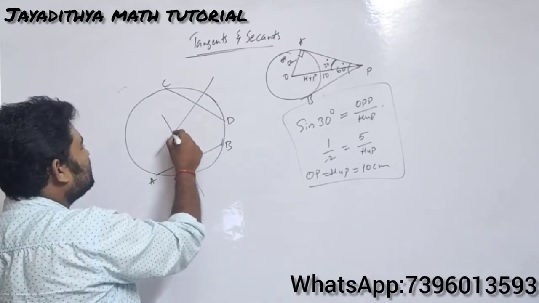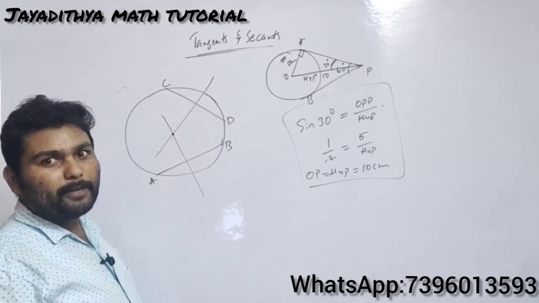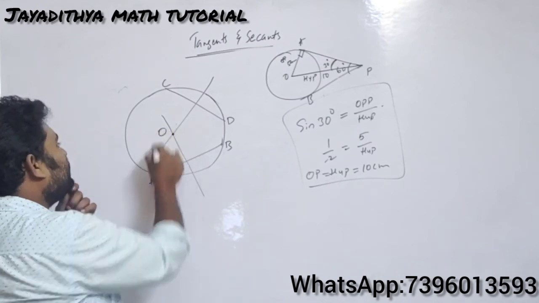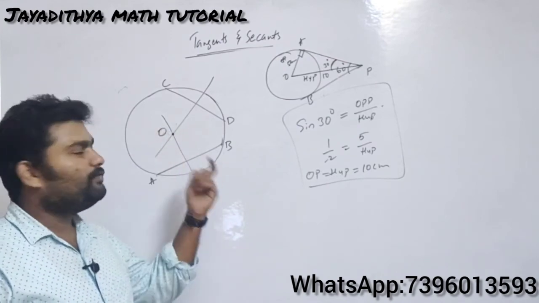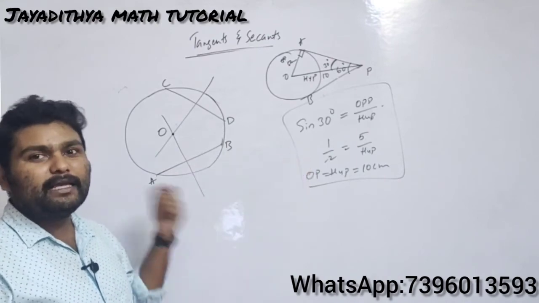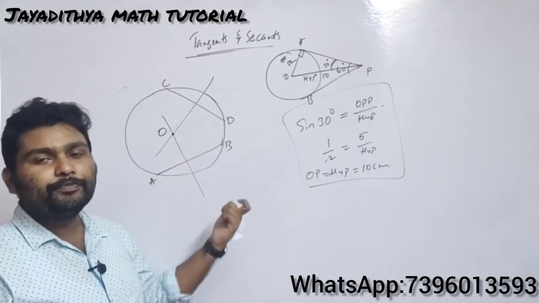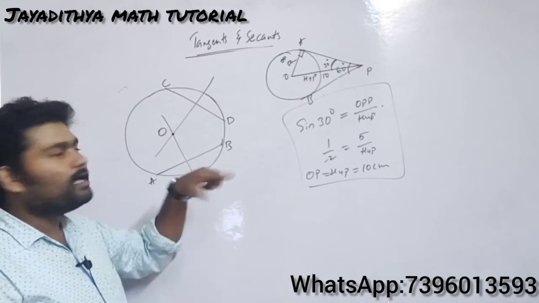Both perpendicular bisectors will intersect at one point. That point is nothing but the center of the circle. After knowing the center, you know how to draw. Even if an external point is given, you can draw it, and even if a point on the circle is given, you can draw it. Now it will be the combination of the last 3.